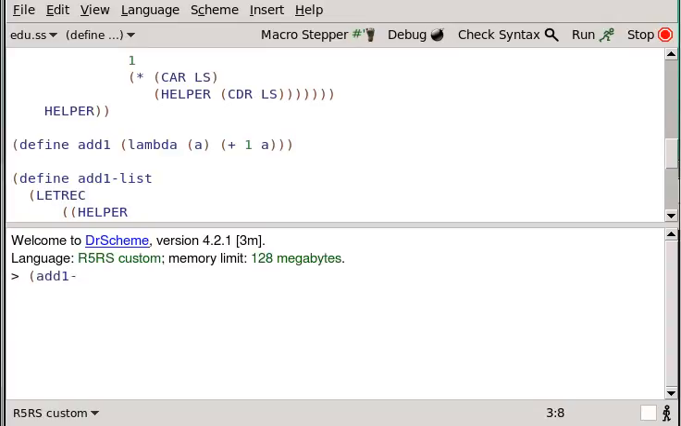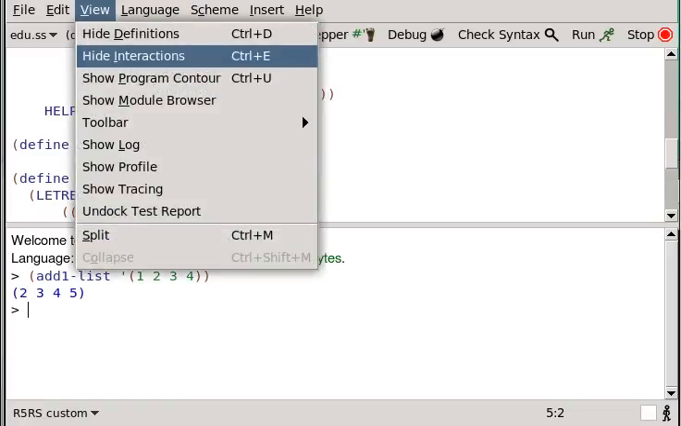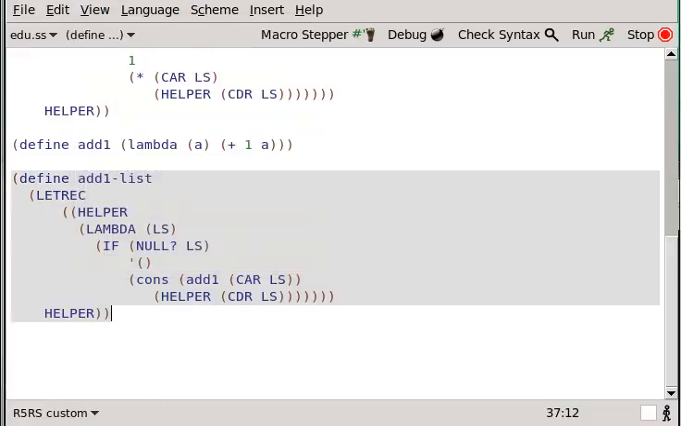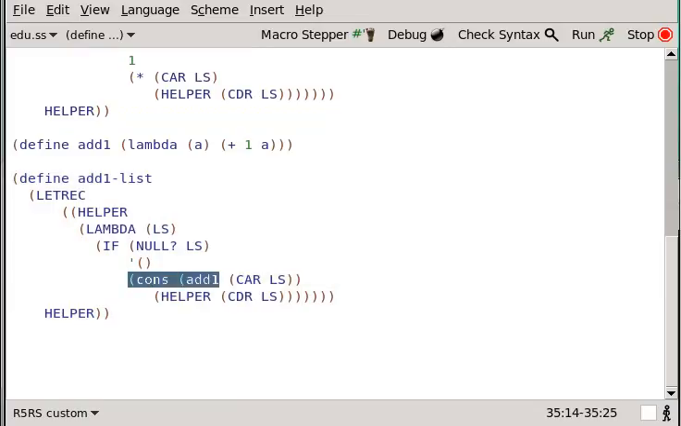Add one list 1, 2, 3, 4. Alright, that works. So this is tricky though now. Okay, so we've got to be able to do multiple things, cons and add 1 there for the car of ls. So what do we